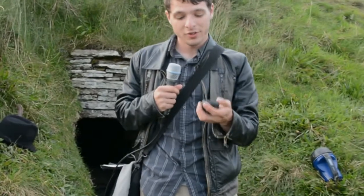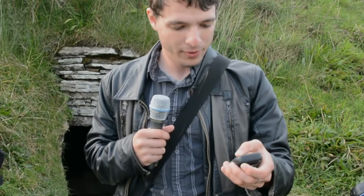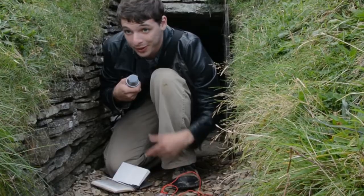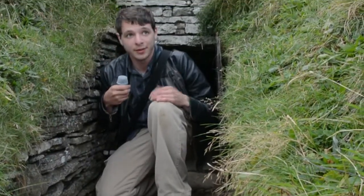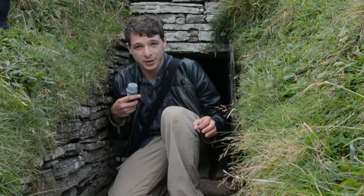So first thing I do is I would take the GPS and I mark a waypoint. So this is just south of east for a particular rising alignment. That means that potentially this could line up with some sunrise that would be after the summer solstice, but before the spring equinox. So what I'm going to do now is I'm going to go inside the tomb and show you around,